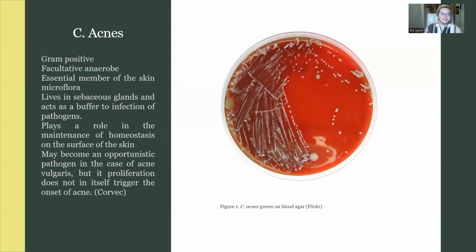So first, obviously, we have Cutibacterium acnes. It's a common part of the skin microflora. It's a gram-positive facultative anaerobe, so it prefers anaerobic environments over aerobic environments, but it can grow in both. It lives in the sebaceous glands on the surface of the skin, and it tends to feed on sebum, which is why we see kind of an uptick with the onset of puberty in most people, because as you get a higher level of pubescent hormones in your system, you get an uptick in sebum production, leading to an uptick